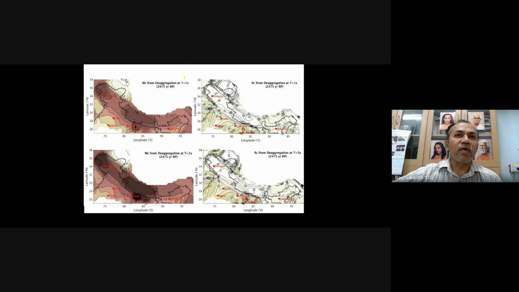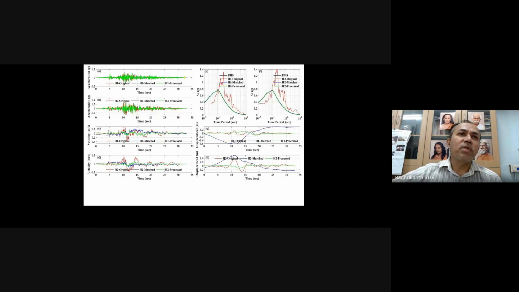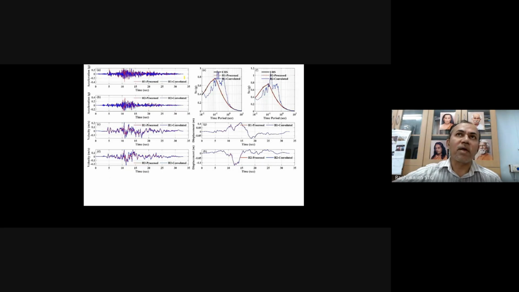So this is for 1 second, 5 seconds, so magnitudes and distance have been given. And then this spectral matching has also been done for important cities in India basically. Okay, so for population more than 1 million, we have generated a huge database actually, which are compatible with the site specific spectra, not with the design spectra. For the site specific spectra, this has been done for all three components, two horizontals as well as one vertical component also. And this database is also available in open source.